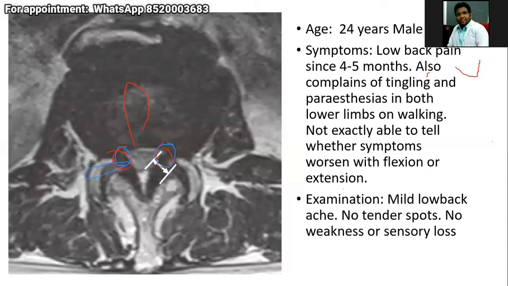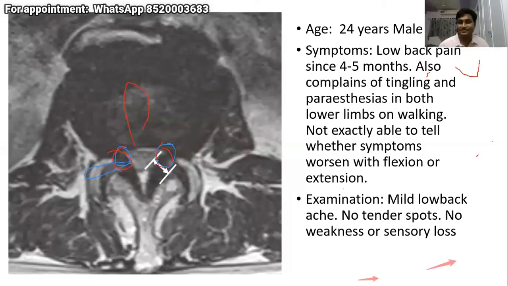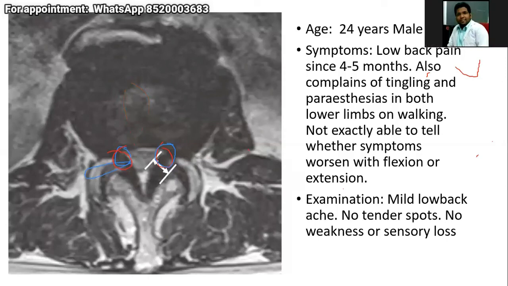Sir, I would like to ask one question at this point. Whenever we think of administering the treatment protocol to patients, we say treat not the symptoms, treat the root cause. So here the root cause is the hypertrophy of the ligamentum flavum. There are different causes for the hypertrophy of ligamentum flavum, not only degeneration or a disc bulge which is compressing. So what could be the reason for causing the hypertrophy of ligamentum flavum in this condition?